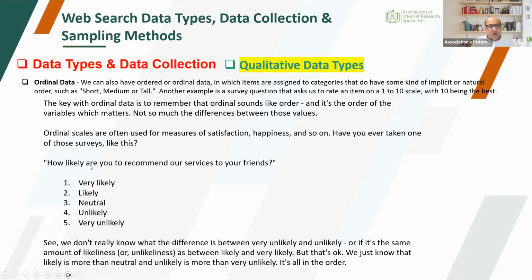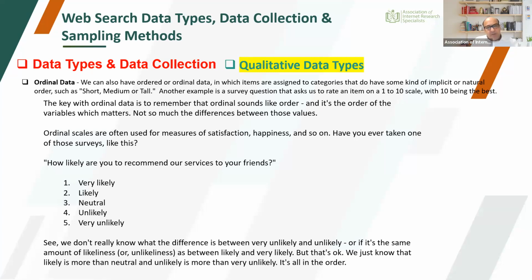You could say, how likely are you to recommend our services to your friends? It is actually exhibiting a scale of sorts from 1 to 5: very likely, likely, neutral, unlikely, very unlikely. So all these are sentiments, and it is all relative to how one would consider something neutral versus less likely would be a matter of their own personal judgment. So it cannot be a definitive answer, but it gives you a ballpark, or somewhere